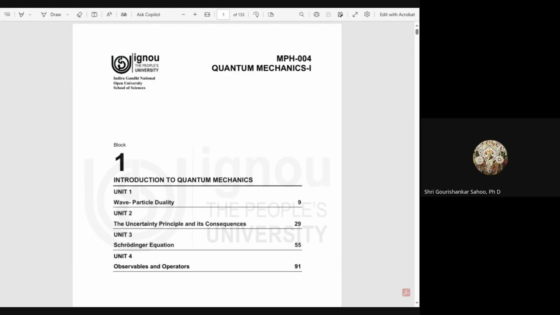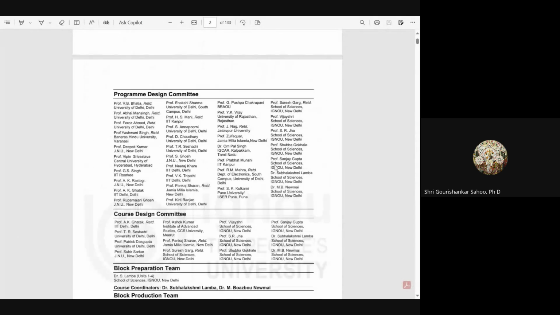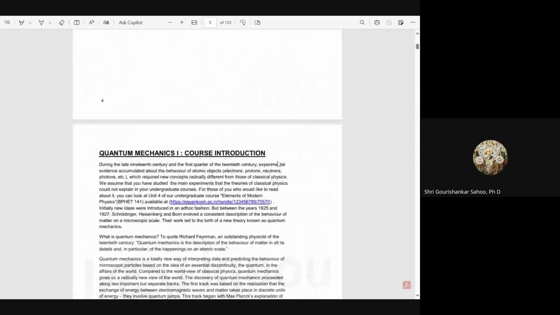So this course is quantum mechanics, and we have block 1, introduction to quantum mechanics, that includes wave particle duality, uncertainty principle and its consequences, Schrodinger equation, observables and operators. So you can see